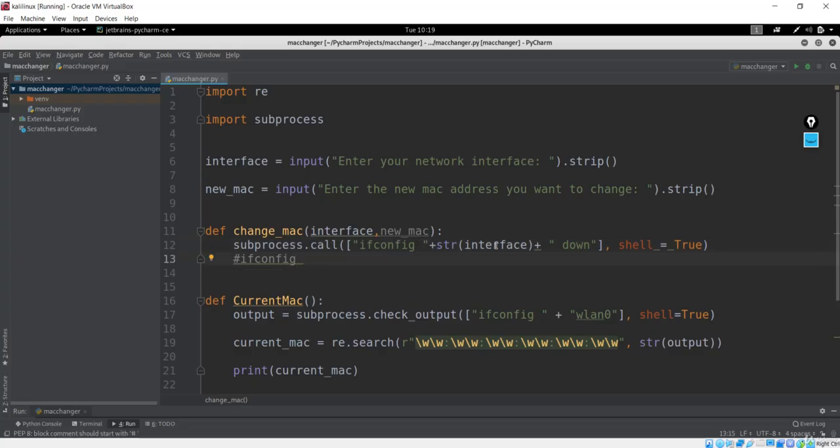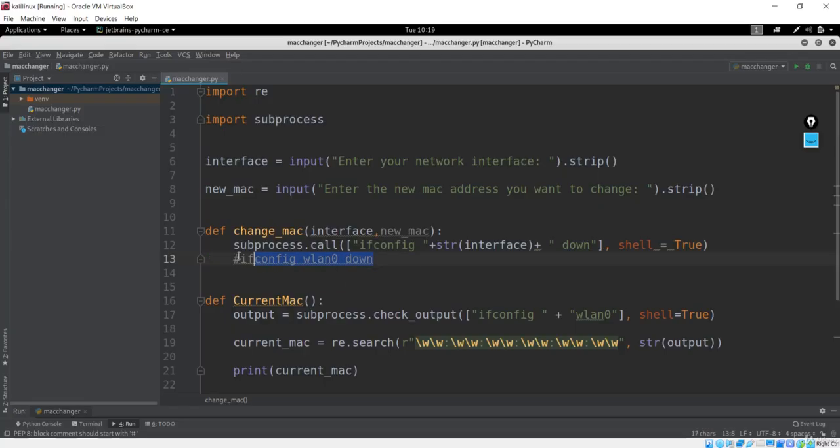Next will be your interface, because this is not going to add any spaces, which means we have to explicitly add the spaces between these commands. The interface will be wlan0 if I enter it from here. After that interface, we also explicitly give a space, because we want a space between wlan0 and the down command. And after that we enter down.